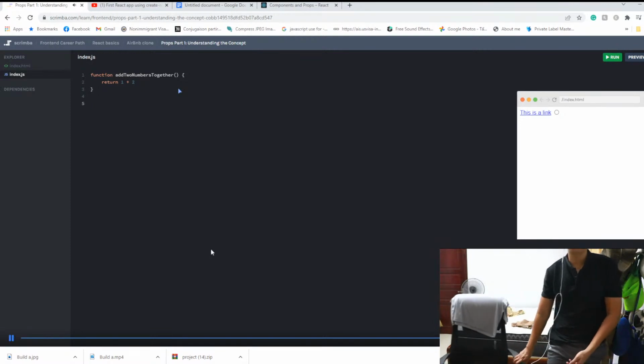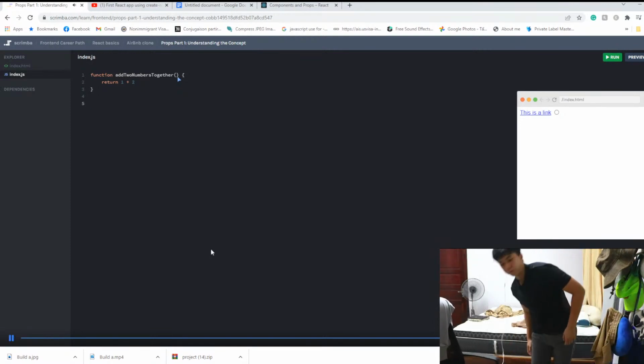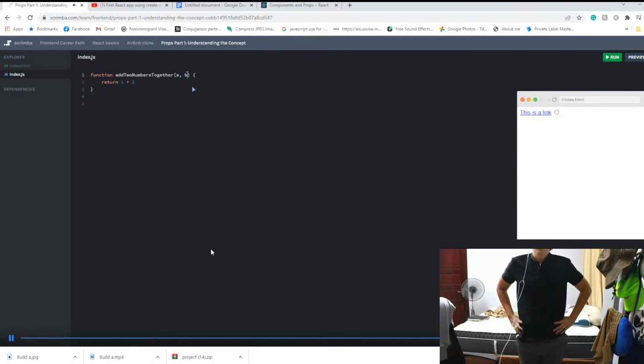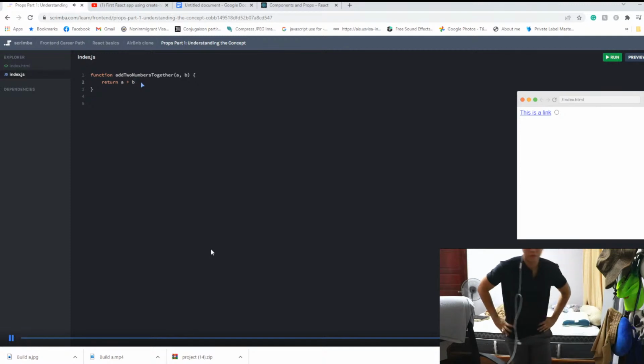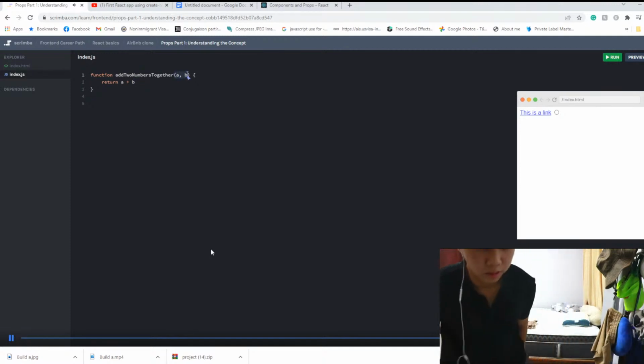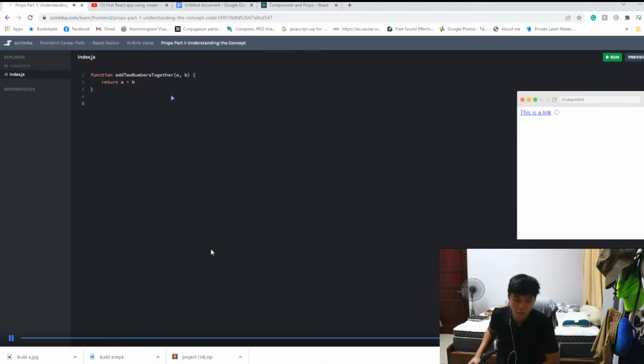Now, you might already see where I'm going with this. If I add some parameters, like let's say A and B, to this function, now I can dynamically add and return the result, or rather the sum, of the two numbers that I pass in. And with the small addition of these two parameters, HTML elements